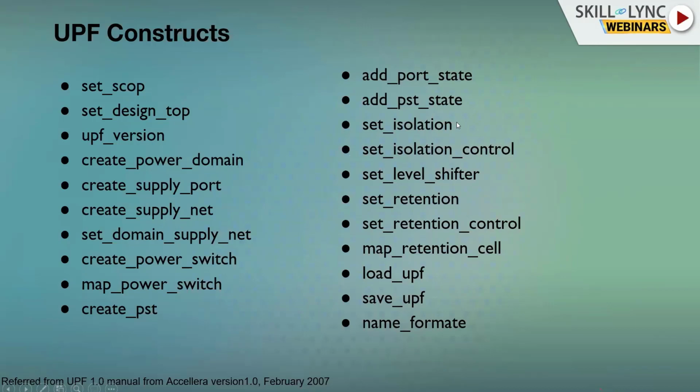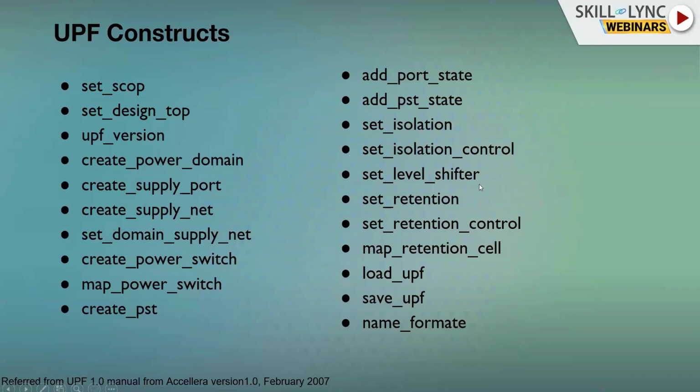Then we have a command called set isolation, where you tell it I want to put an isolation signal. Isolation is mainly needed whenever you're crossing from an on-off domain to an always-on domain. I'll maybe show you in the next slides where these isolation cells come in. But isolation tells that I want a particular special cell in the low power design, and that should not propagate X values into my design. That is defined with isolation. And for that isolation, we need a control signal. We need to tell what our control signal for an isolation cell should be. That is done with the set isolation control command. Another command is the set level shifter command.